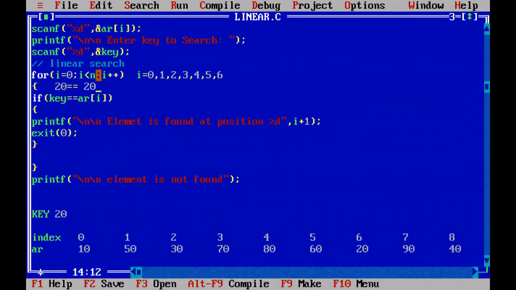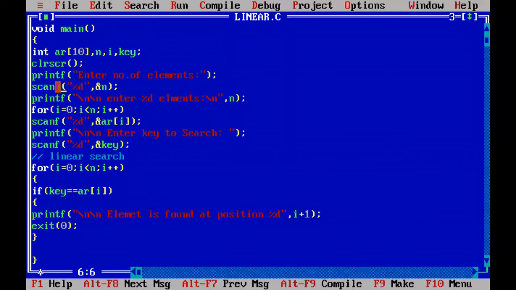So this is about linear search. Searching the key value sequentially against the list of values. These are the list of values, 10, 50, and all these are the list of values. We are searching sequentially. First with 10, next 50, next with 30, 70, 80, 20, 60, and 20. Whenever the key value is matching here with 20, we are printing element is found and stopping the searching process here only, and we are not proceeding further for searching.